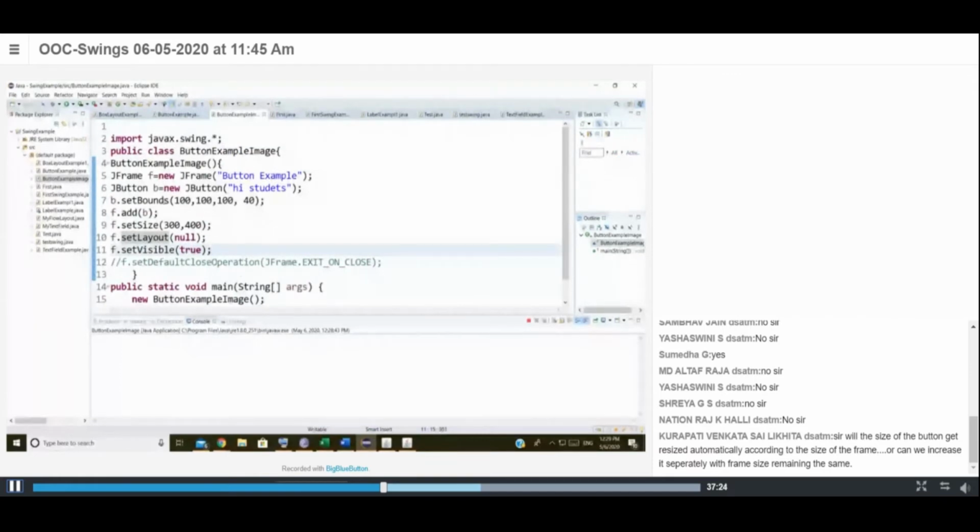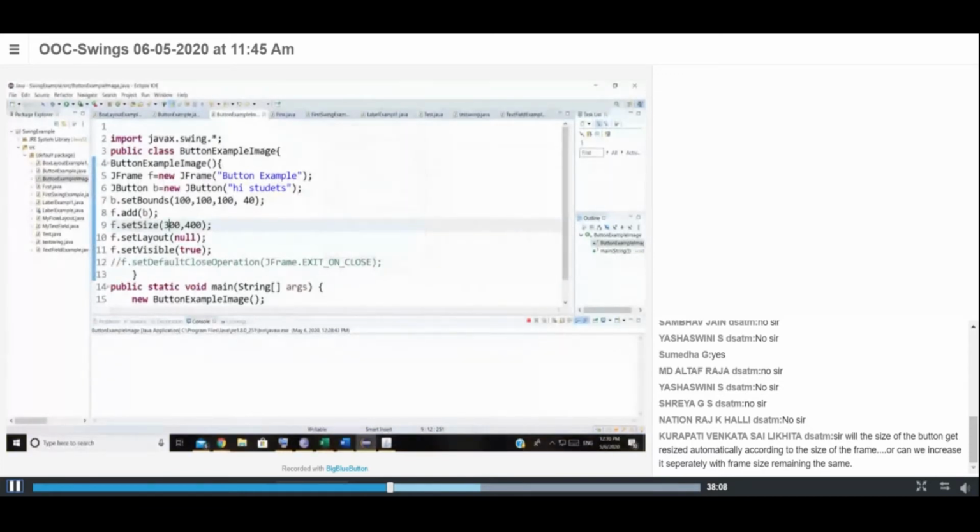So all the functions you are aware of, is it right? One is setBounds, which belongs to JButton. And add means something you want to add, some components you want to add into your frame. You have to call this add function, which belongs to JFrame. Again, if you want to set the window size, setSize is also an important method. It completely depends on the x maximum value and y maximum value. And layout, so you have all come across these things.